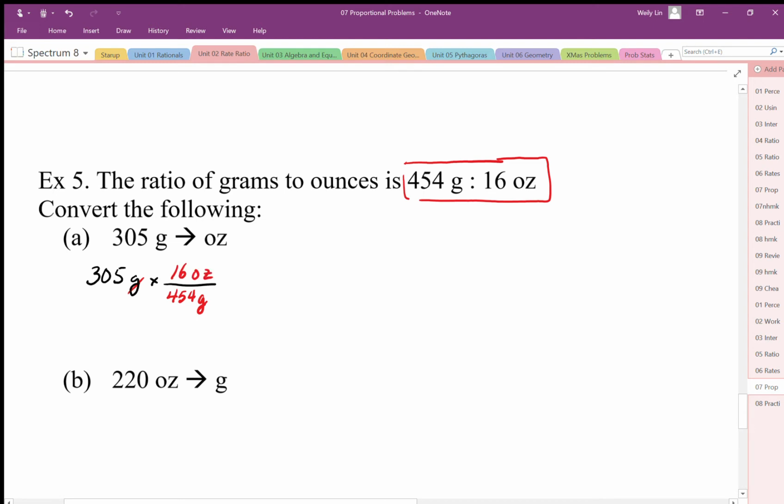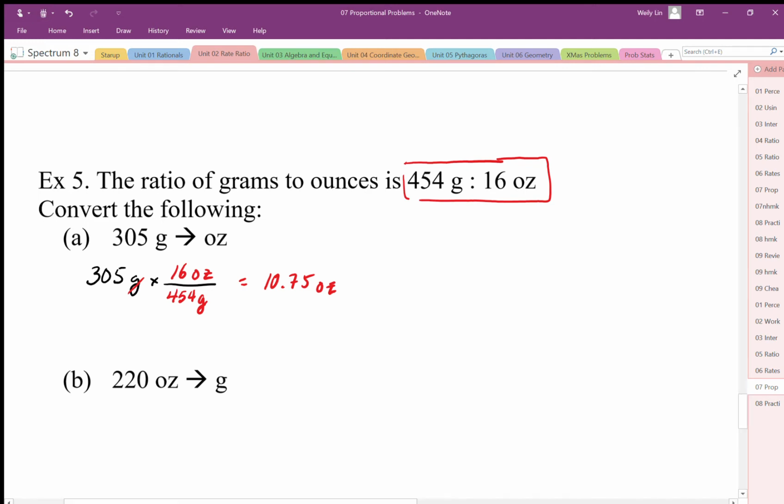So 305 grams is going to be times on top, so 305 times 16 divided by 454 is going to give me approximately 10.75. Okay, so about 10.75, and the units are ounces. I can see right there, the units are ounces. So then 220,